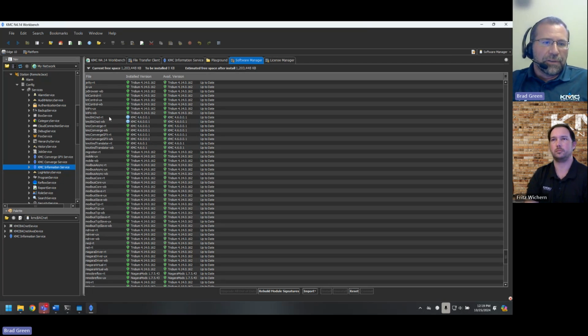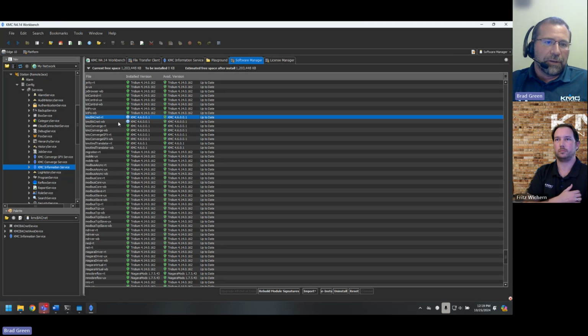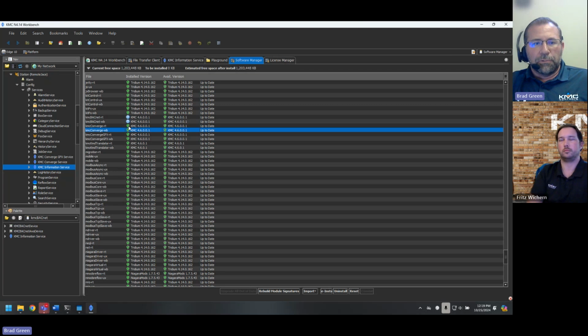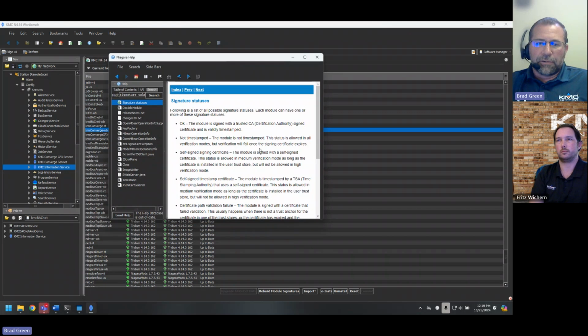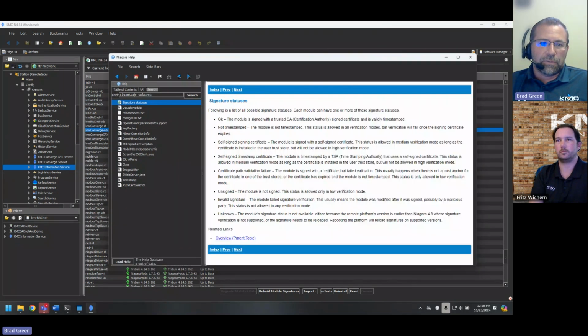Another thing that Fritz mentioned that I want to reiterate is this question mark. When you transfer modules into a JACE, it does require a reboot for those signatures to be signed. And inside the Niagara help, there's some qualifications. If you search signature unknown in the help file, you'll see this unknown signature, and it talks about why that is, and it has to do with the signing certificate of that module. So if you update a module and restart, it doesn't know that certificate, it can't check its validity. So you need to actually do a physical reboot, reboot the platform before it'll actually detect that.